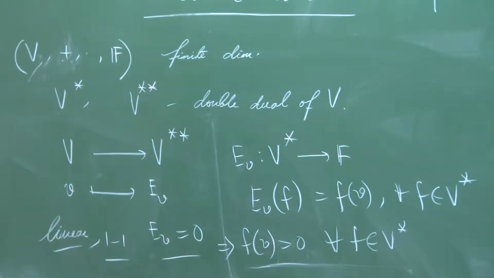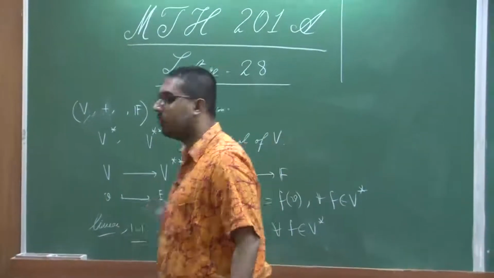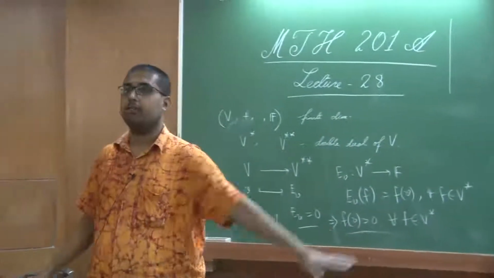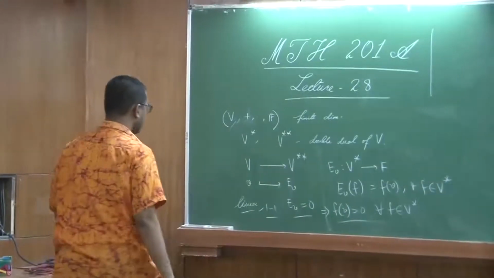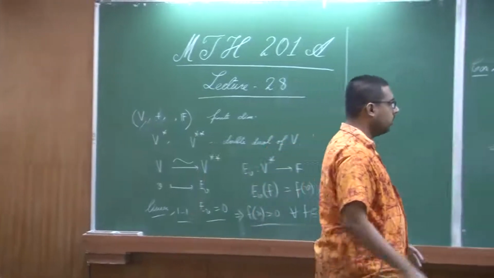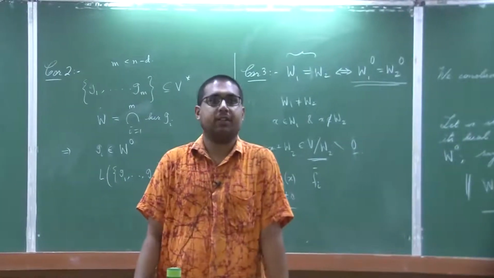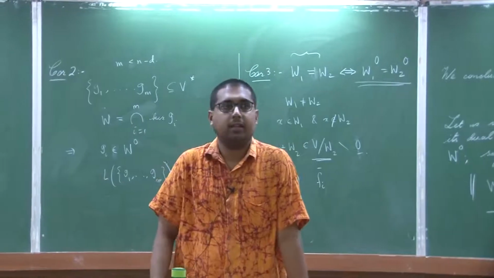So, therefore, what you get is dimension V equal to dimension V double star. These are the same dimensional vector space, you have a linear map, therefore, this is an isomorphism. I mean, try to see what is happening. So, dimension V equals dimension V star for any finite dimensional vector space V, okay, because corresponding to every